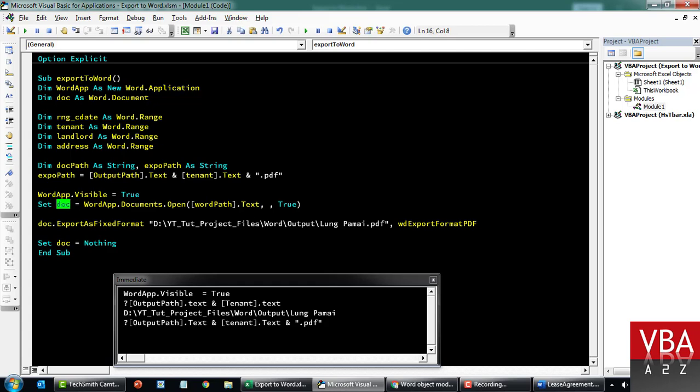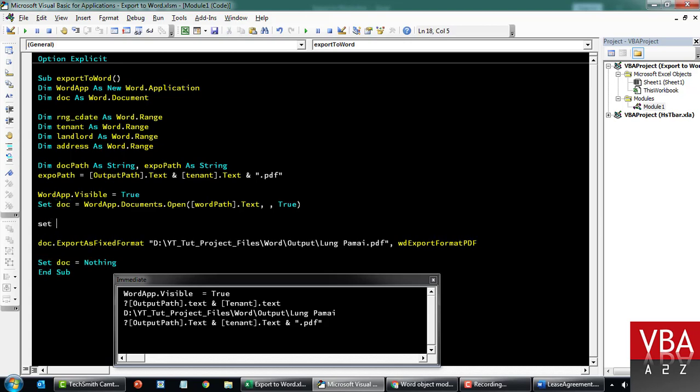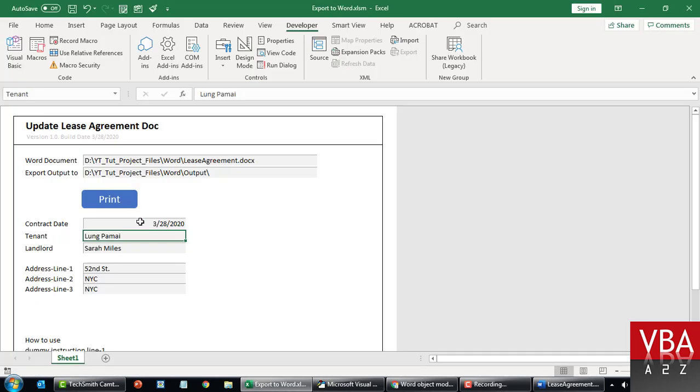And now after the Word document is open, now we'll start referring to these ranges that we set up. So first let's set up the date range. So this range equal to, again, like we have done earlier, this document bookmarks, and then the first one is going to be this